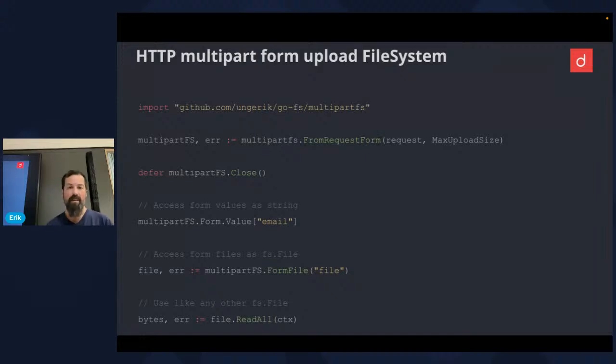And here you can see how that works. So here you just create a new multi-part FS from some form request. And the important thing is you also have to close this again, because of course it's in memory, and to free the resources, you should close that file system.